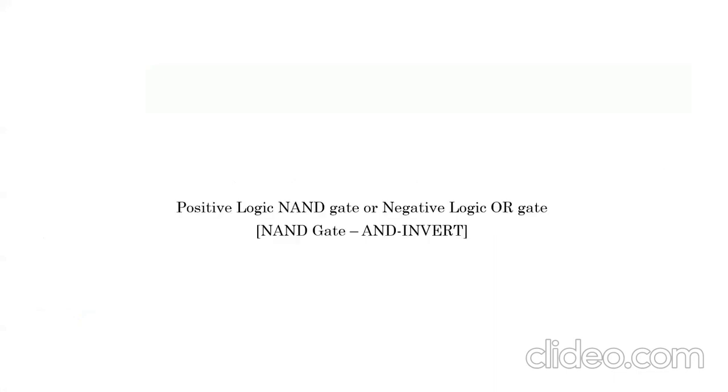The first logic gate we'll be trying to see is the positive logic NAND gate or the negative logic OR gate. Before going into the introduction itself, I'm saying what are the two versions of a NAND gate that we will be simulating today. One is the positive logic NAND gate. The dual of it is called the negative logic OR gate. We will see in the upcoming slides why I mean these two things to be functionally equivalent.